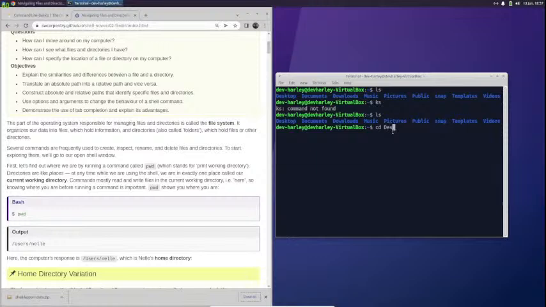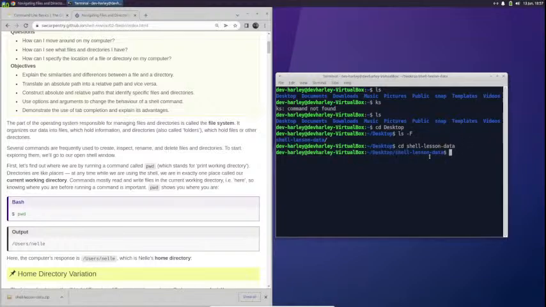So cd to desktop, and let's see what we got. So now we can see what we have in our folder, and that's pretty cool. And let's actually go in again. Let's go cd shell lesson data, and let's see what else we got in here. So then now we got those, and now we can actually go into cd exercise data, and let's list that again,